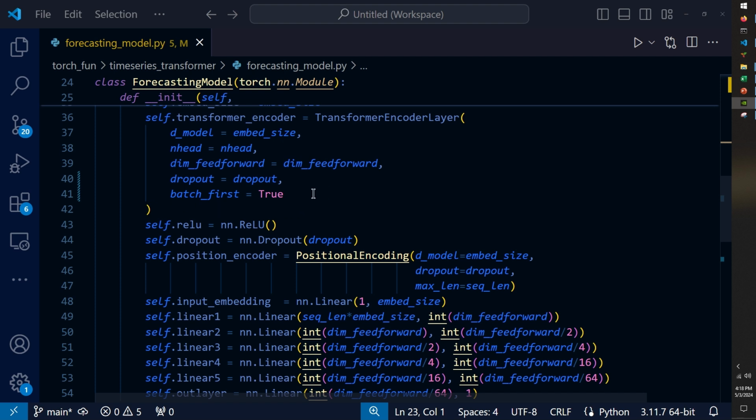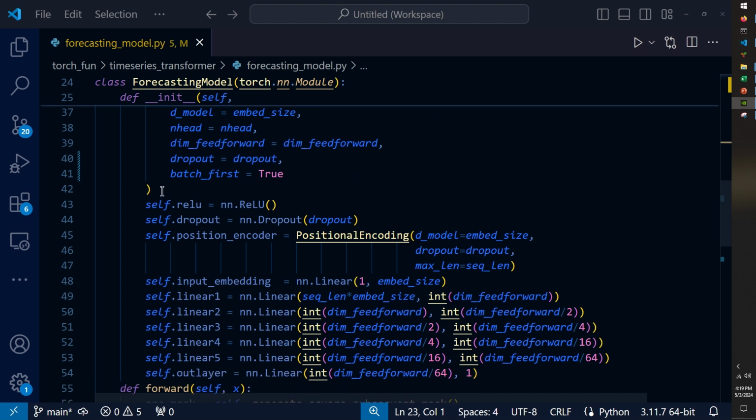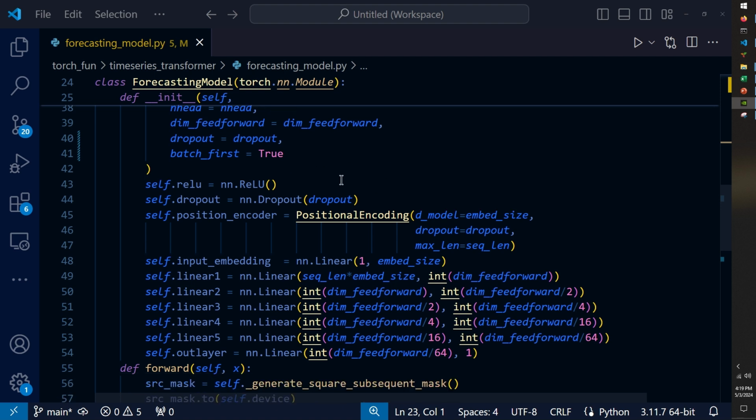This is important for doing the source masking the way that I've done it. And so that's an important parameter that I just wanted to call out. If you're masking, this might help if you're running into dimension issues. From there, I define a standard ReLU activation function as well as this dropout that's not used for the reasons